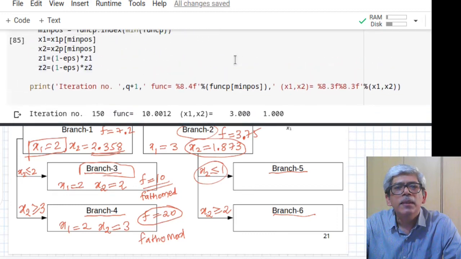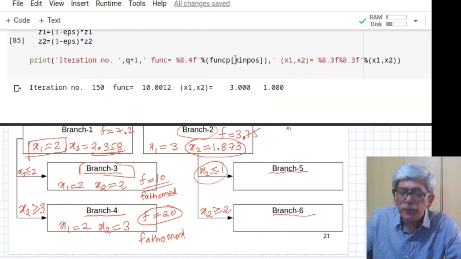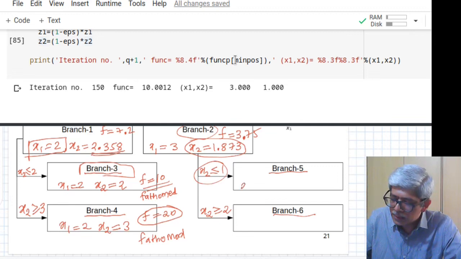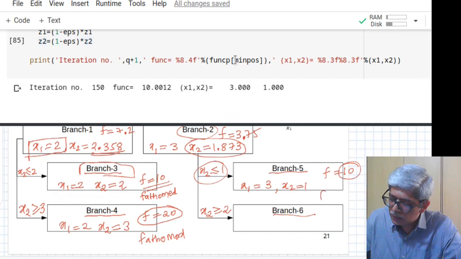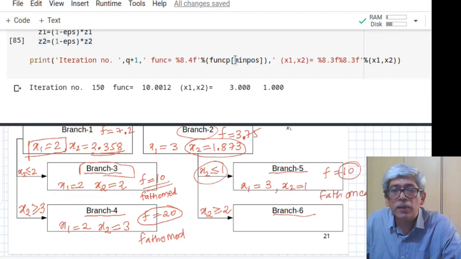After taking the run, I obtain the value of the function here as x1 equal to 3, x2 equal to 1 and the function value is again 10. So this node is also fathomed as it is all integer and the function value is minimum. It matches with the previous minimum, so that is a candidate solution.